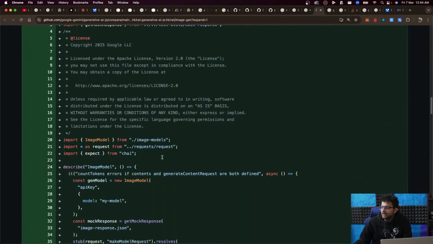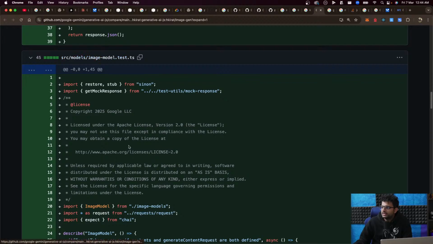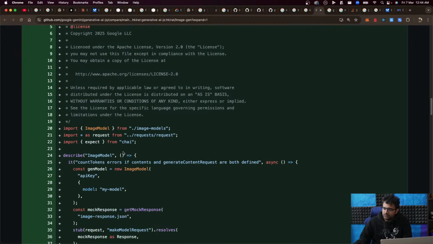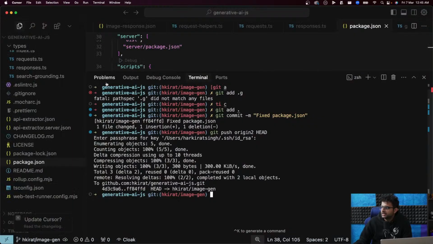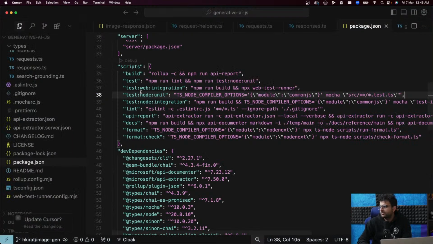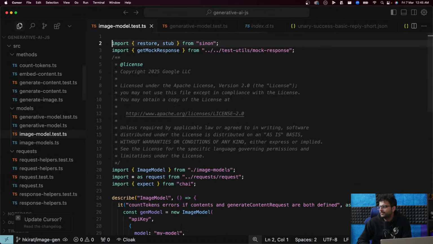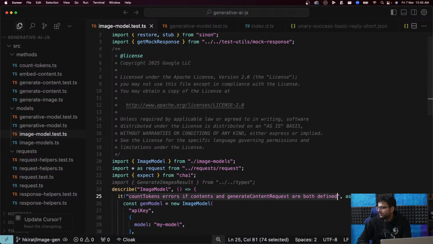The main test for image.model.ts, we probably need a bunch more tests for other files, but this is the main primary test that we have, which checks if image model returns the right length of images of predictions.